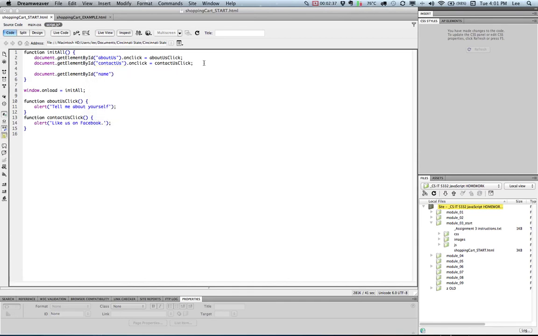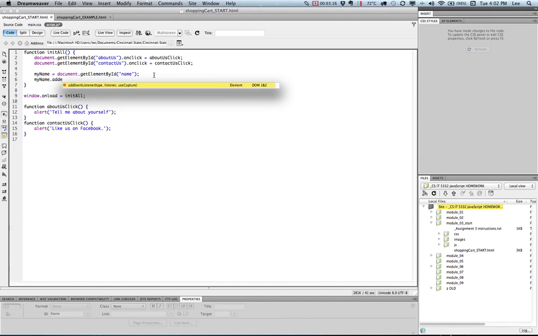So that's cool, but it doesn't do us much good just to grab it. We're going to throw it into a variable. We're going to take this pointer, this handle to document.getElementById by ID name. It's a handle, it's a way of reaching in and grabbing that element, and we're going to assign it to a variable called myName. There we go. We've taken this whole thing and put it into a variable called myName. Awesome. Now what we want to do, because we don't want to keep retyping that big long thing, is we can now use the variable, and we'll say